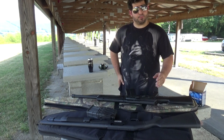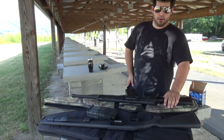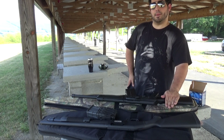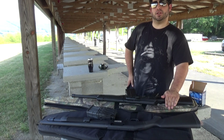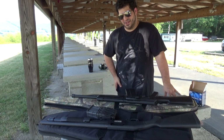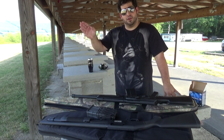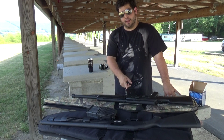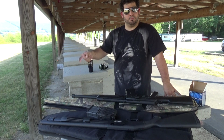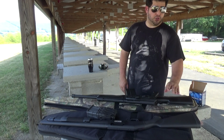But as we're going to demonstrate here to close out the video, there is a notable advantage to having a semi-automatic rifle, or a semi-automatic shotgun, excuse me, when it comes to actually getting rounds on target quickly. Now, quick doesn't equal accurate. With a pump action, you really have to get yourself back on target before you shoot. With one of these, unless you're just pulling the trigger slap happy and trying to shoot, then yeah, you could shoot just as accurately with both of these,